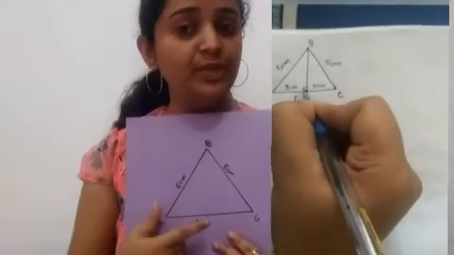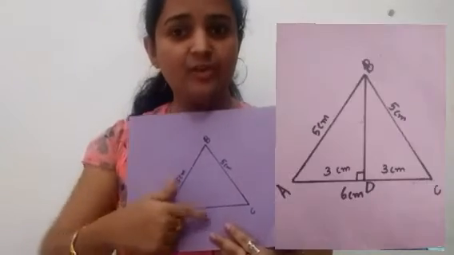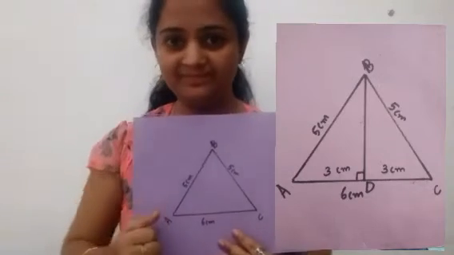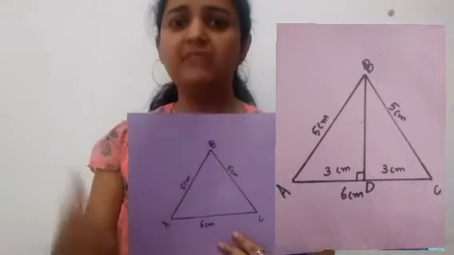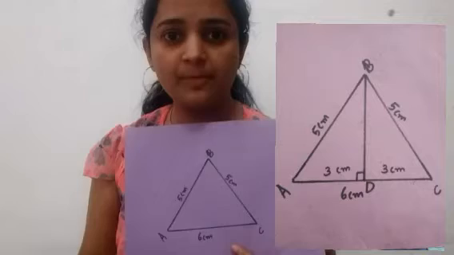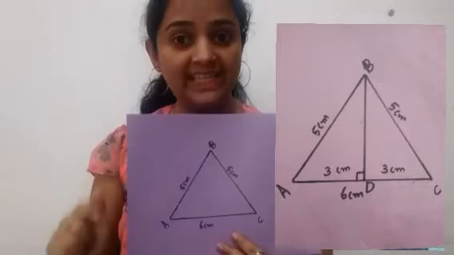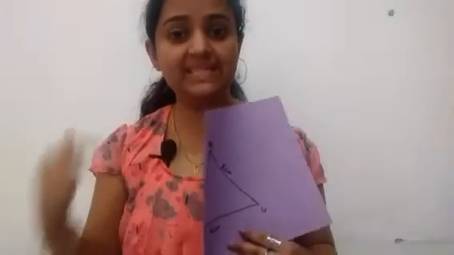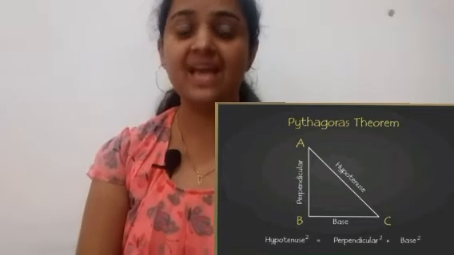Then what you need to do? Draw a perpendicular from D to B. Okay, like this we will obtain. By drawing the perpendicular, we obtain BD as height. But we don't know the measure of it, isn't it? So for that we need to consider the triangle BDC or BDA. And we need to apply Pythagoras theorem in that triangle. What does the Pythagoras theorem say? Hypotenuse square is equal to height square plus base square.